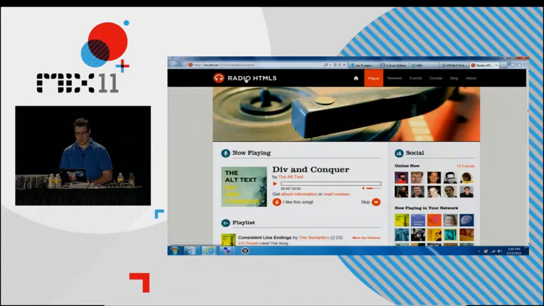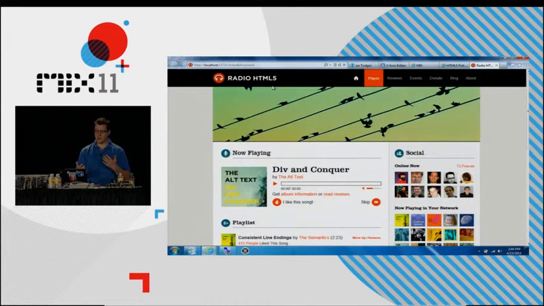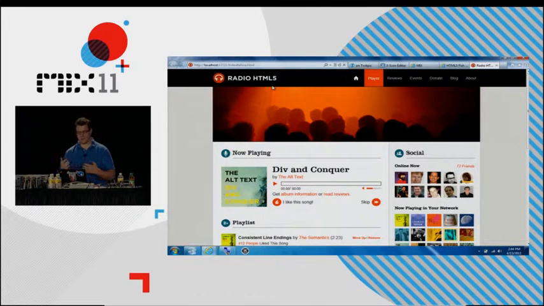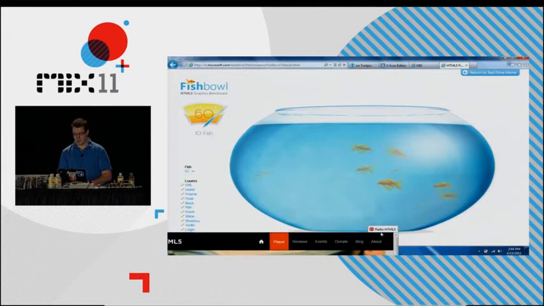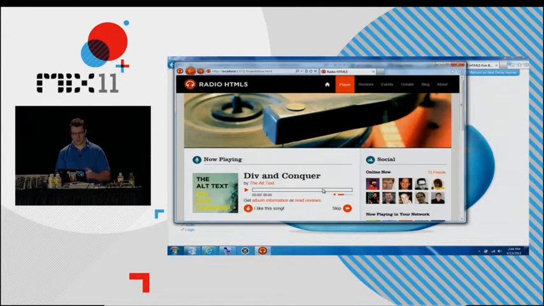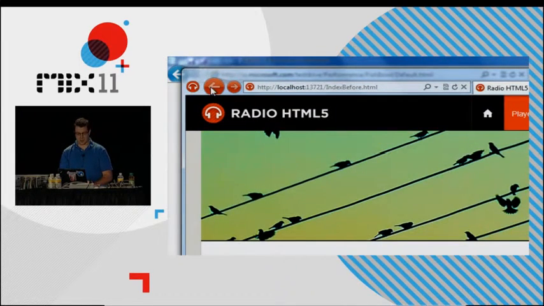So if we run this site, you can see here we have a simple, very plain website. It's for playing back music. I have friends listed on the page here using HTML5 elements and the audio tag. You'll notice I have a fave icon here, and I can take this and pin it to my taskbar. We pick up that fave icon, so you can see here that we automatically pick that up, but that's